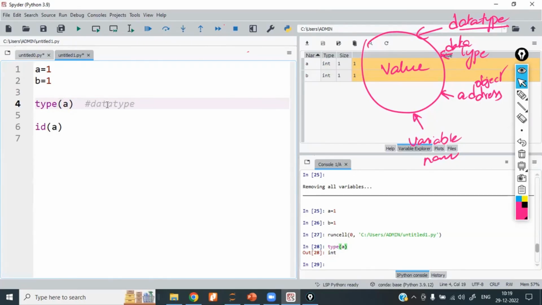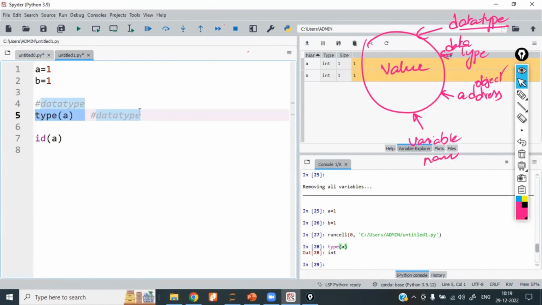I'm writing it as a comment. After the hash, it is considered a comment. You can write this comment at the starting of the line, or you can write it here also. There is no problem, because up to here it is considered code. After the comment, you can't write code. For example, if you have written type of A after the hash, Python will not understand that from here to here it is a comment and from here to here it is code. Python understands that once you have written the hash, everything is a comment, even the code inside it. Now below this, if you write it like this, then only it is considered code. Is that clear? Type of A gives you the data type and id of A will give you the address